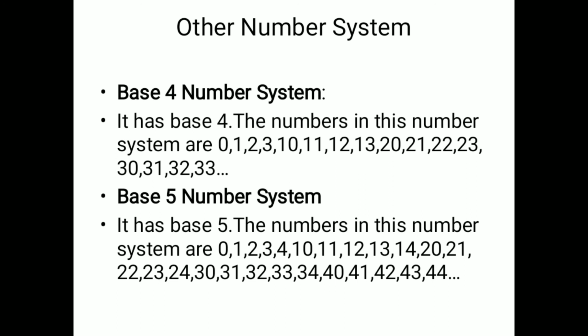Likewise, if I consider base 9, I will have 9 symbols in total. Base 9, total 9 symbols means 0 to 8. 0 to 8 makes 9 symbols. So after 8, I will have 1 0, 1 1 up to 1 8, that is 18, and again 2 0. So for any number system, if the base is mentioned, you always start with 0 and go up to that number minus 1. Suppose base 4: 4 minus 1 means up to 3, so 0 to 3. If it is base 6, then you will have 0 to 5 as the basic set. Then 1 0, 1 1, 1 2.